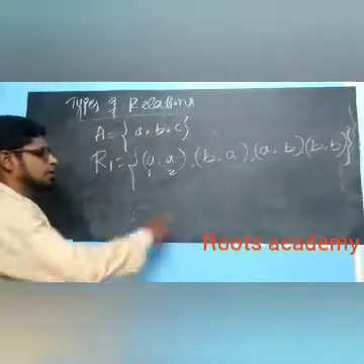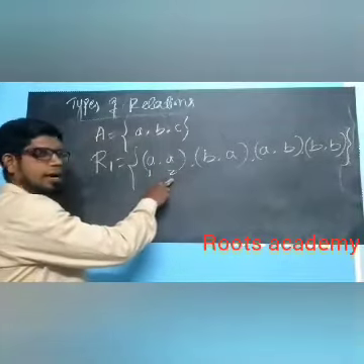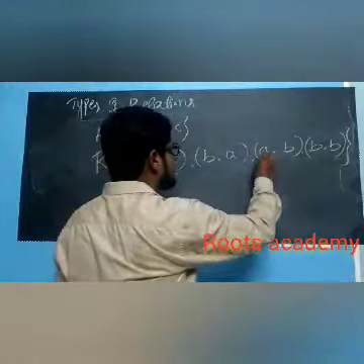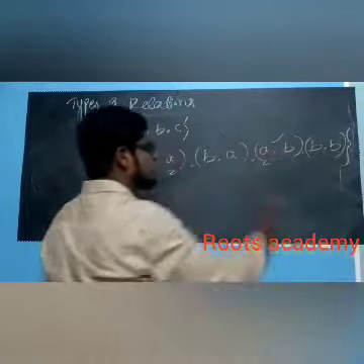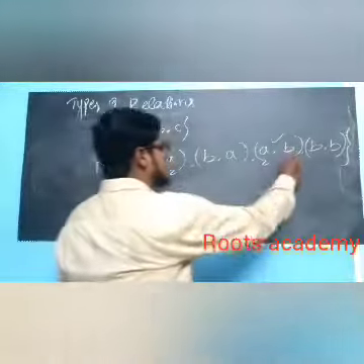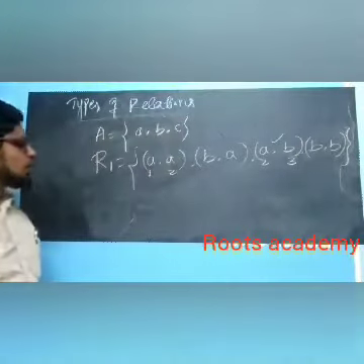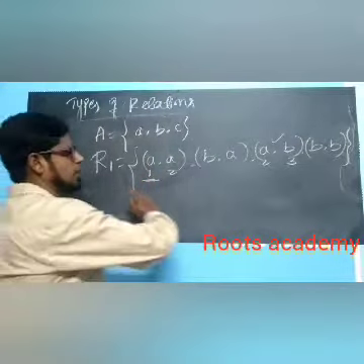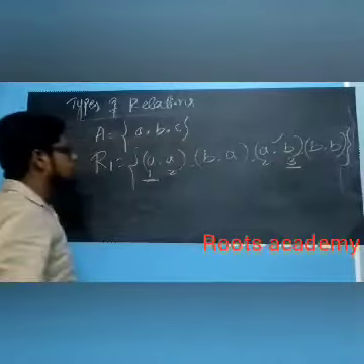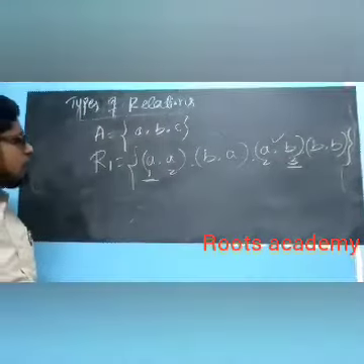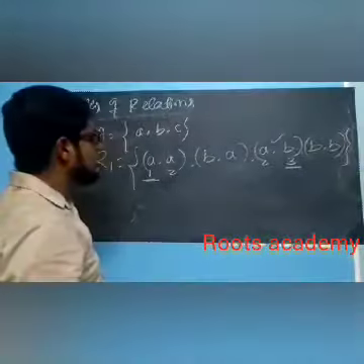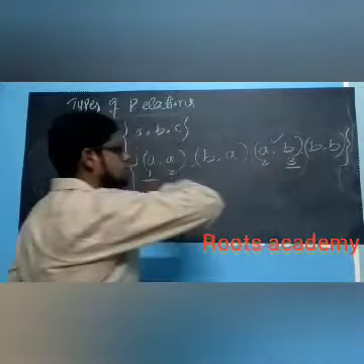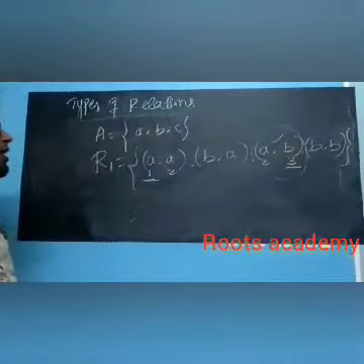In the second statement, it should start from A because I ended the second element as A. Then the second statement possibility is this. So this should be the second element, and this should be the third. Now what should I check? I should check whether the first one is related to the third one or not. The first element is A, the third element is B. So I should check whether (A, B) is there or not. Yes, it is here itself. Okay, from the first element it is transitive.